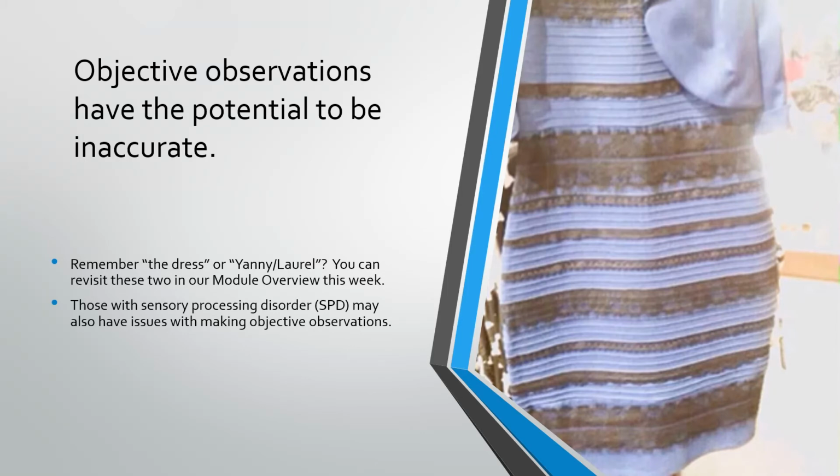I also want to take a second to talk about those with sensory processing disorder. There are people who have issues with their nervous system interrupting stimuli. For example, a noise that those who are neurotypical may be able to ignore or may not feel is too loud may be debilitatingly loud to someone with SPD. Depending on the person, any or all 5 of the senses can be impacted so that their observations would differ from those who are observing the same thing.